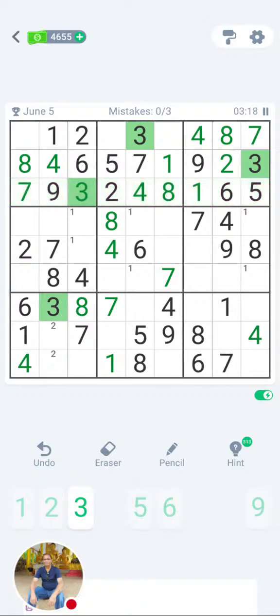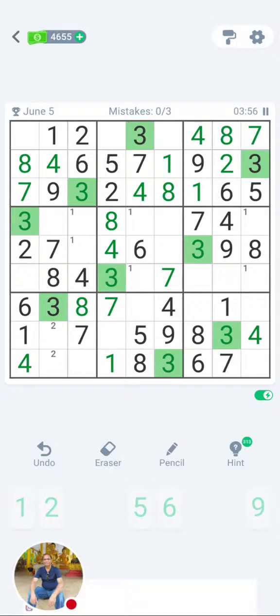Let's see anywhere I can finish up now with 3. 3, 3, no. 3, no. And 3, oh, yeah, 3. In this row, number 3 can only come there, and therefore 3 can only come here, and therefore 3 will go there, and 3 will go there, and 3 will go there. So 3 also is over.